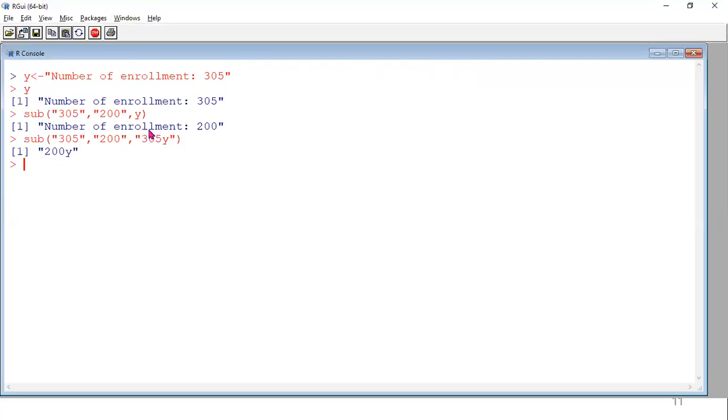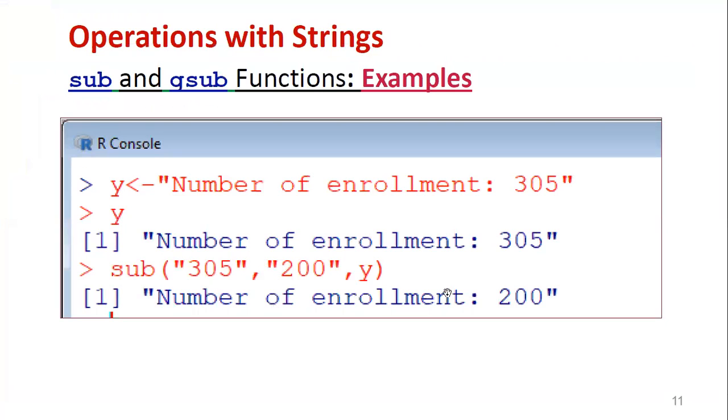What is our replacement? 305 is replaced by 200. Y remains the same. Only the 3 digits are replaced with 200. So you can provide a direct string here, or store it in a vector. If the vector contains more than one string, wherever this value is found, it is replaced with the new value. So like that you can do the replacement using sub.